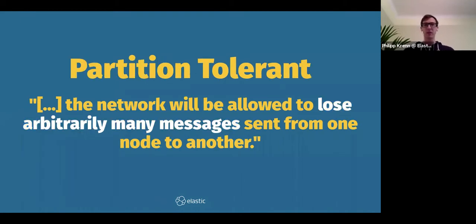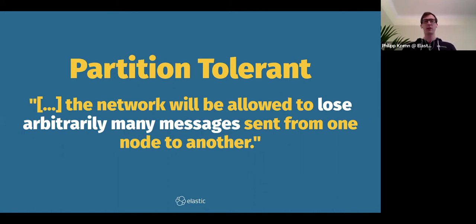And finally, partition tolerance. Partition tolerance is an attribute that you pretty much have in any distributed system: the network will lose messages, or you're not sure whether a node is down or just in a long garbage collection. For some reason, something is not working quite the way it is expected to. Messages can be lost, nodes can crash, etc. That is pretty much a precondition in any distributed system.